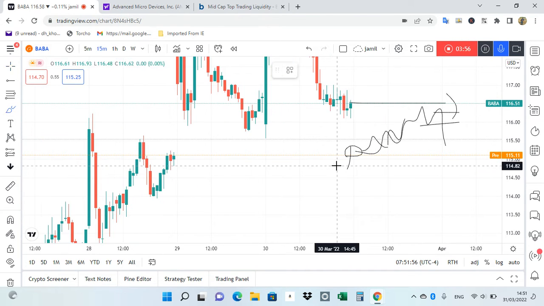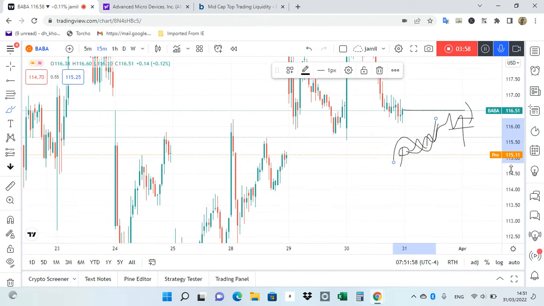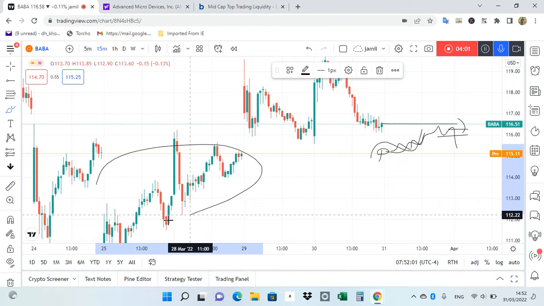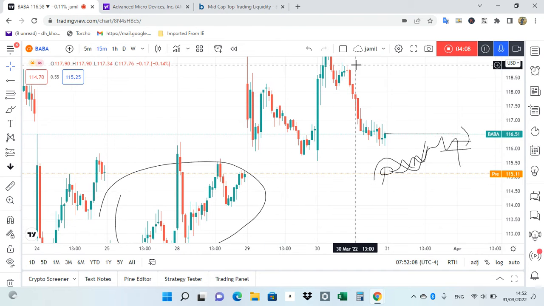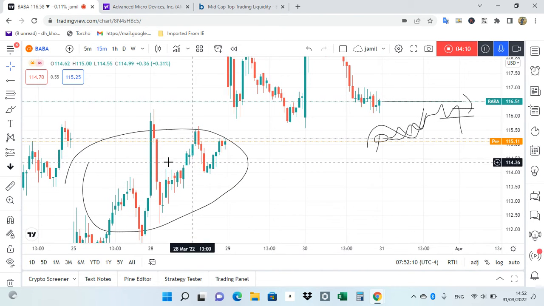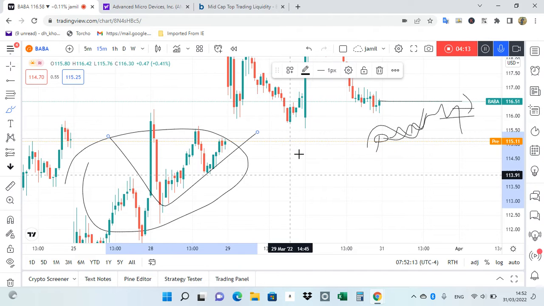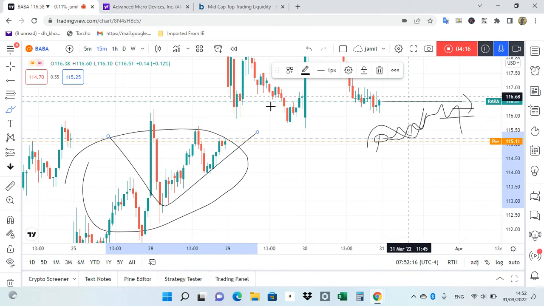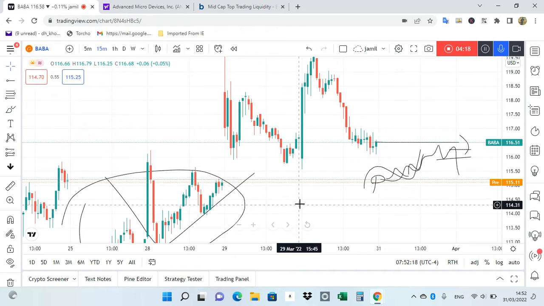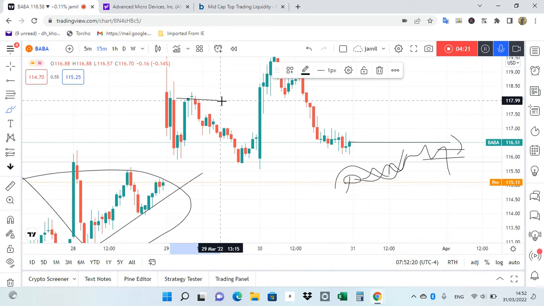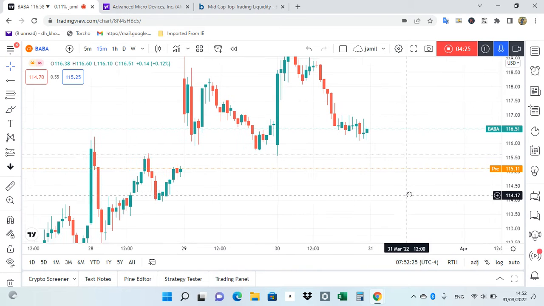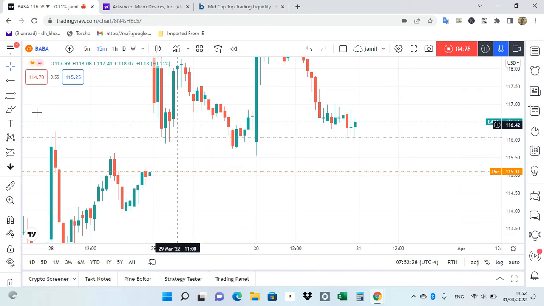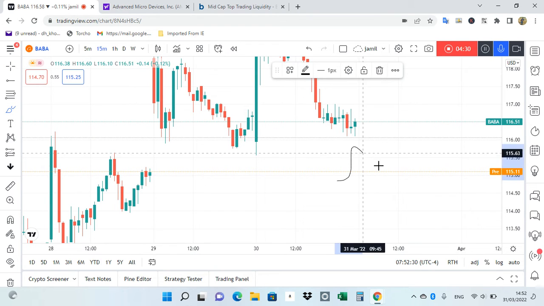So in this case, if the market tries to go on the higher side, these are the buyers who might think that the market is still on the positive side, because this was the level where we saw the market going on the higher side. So these buyers might think that the market still has the possibility to go higher, but we already saw that the market has given enough sign that it is no more positive. So in this case, we just have to wait for 15 to 30 minutes or about an hour, because it's not going to be easy.